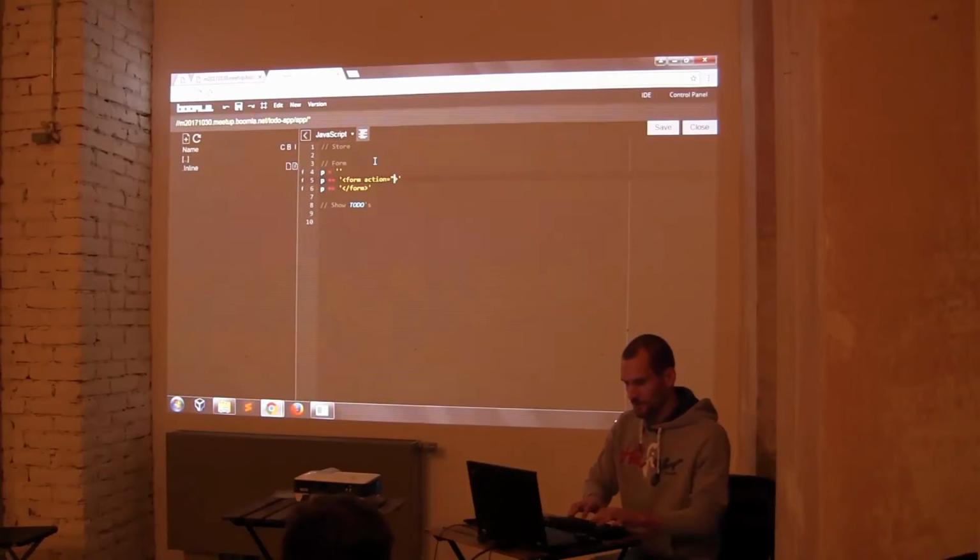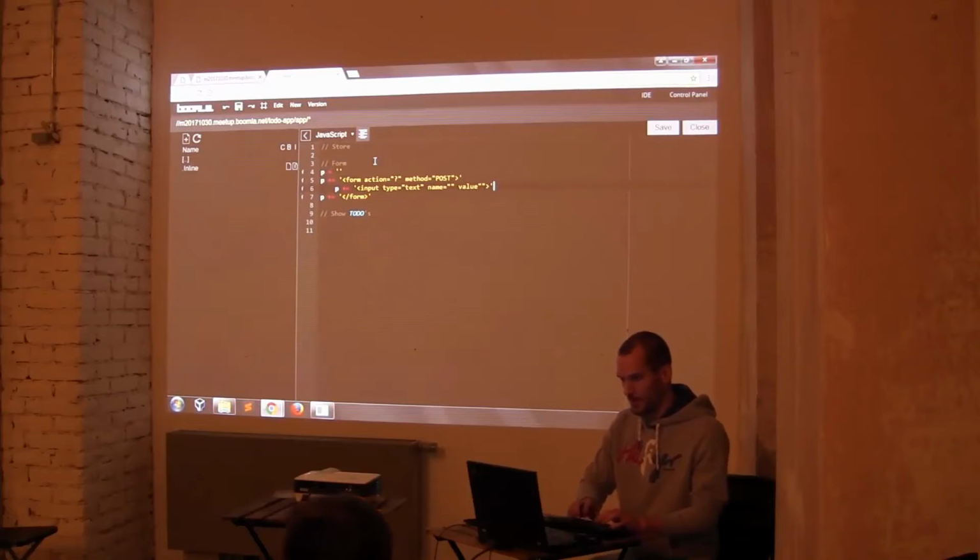So action should be routed back to the same site where we are on, and method should be post, maybe, and within here, let's make it minimalistic. I just show an input field, type text, name, I'll fill it in a moment, and value should be empty for now. And so as for the name, we could call it message, actually no, to-do entry or just entry, but that